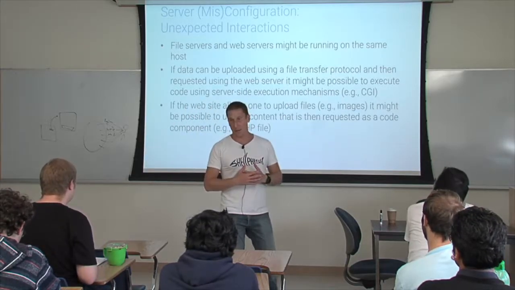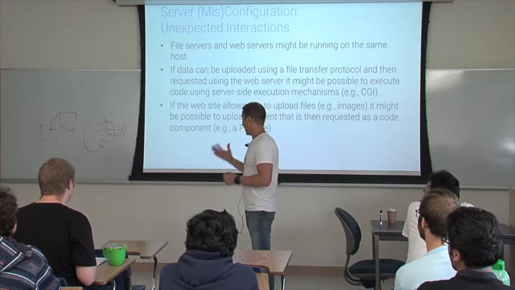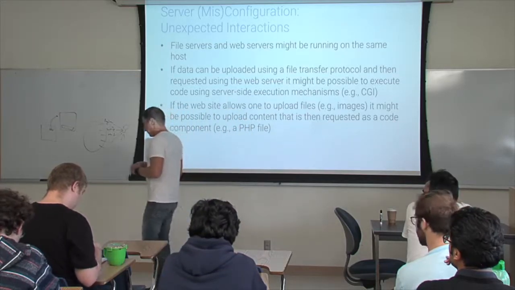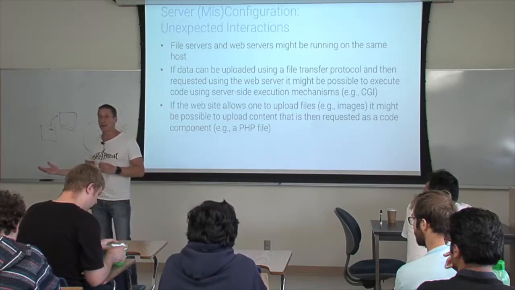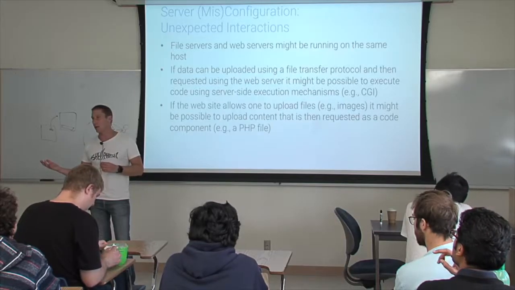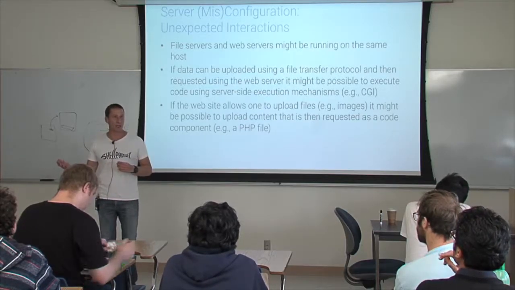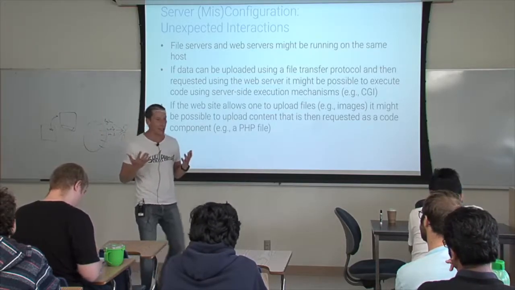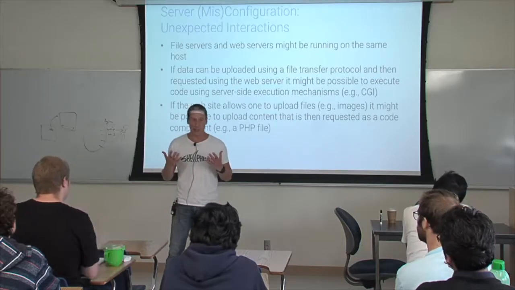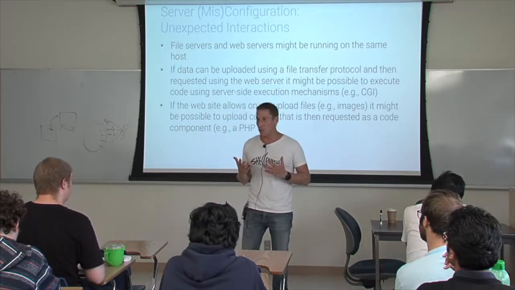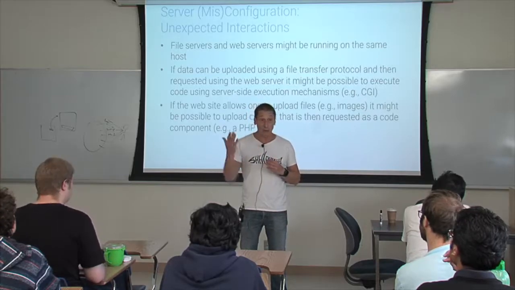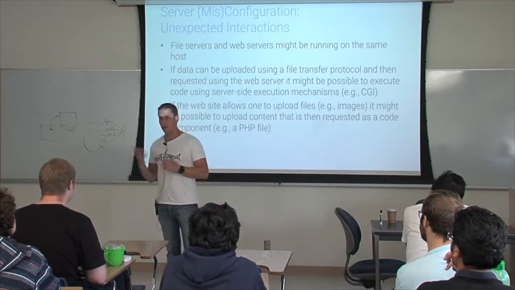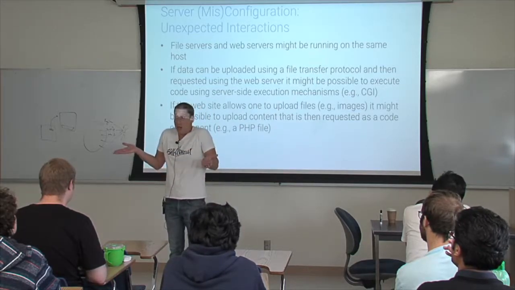So if you have, for example, a web server that shares a directory that people can upload files to, and then you decide, oh, I'm going to upload a file called mycode.php, and then you request that code, the server will execute your code. So this is actually a lot more common than you might imagine. If you can upload files, first thing in a pen test, you check, hey, what if they ask me to upload an image? Do I have to upload an image?